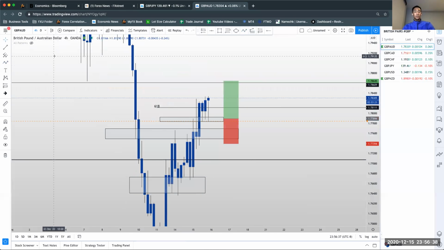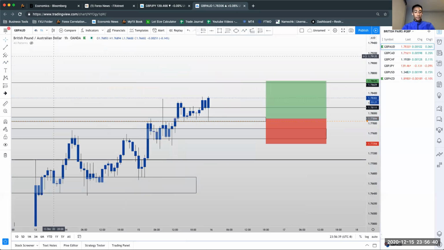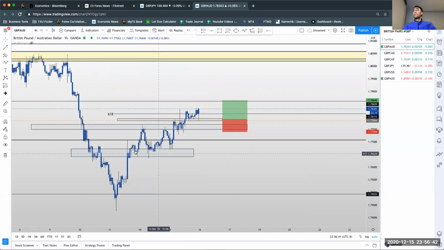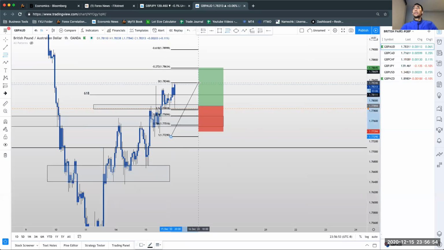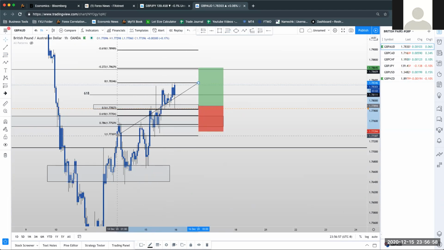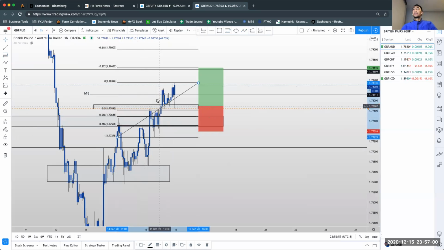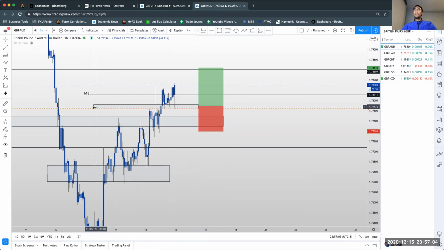So what I did was I actually zoomed in on the 1 hour for a good entry, and I pulled out my fib. So I do use fibs in case you guys don't know, but from here to here, okay, I think I did this, is it this one? Yeah, right here. So you can kind of see that price is hitting the 50 area along with this zone